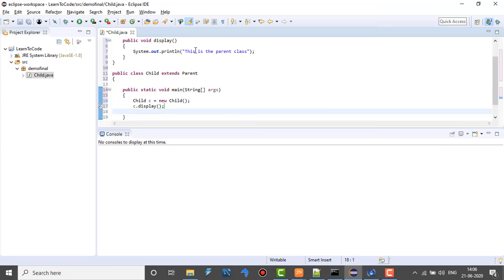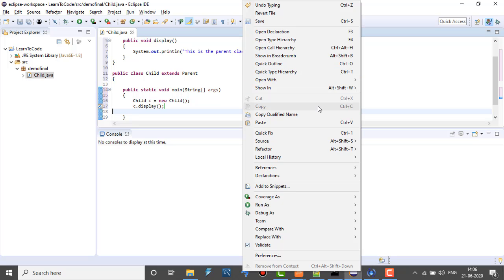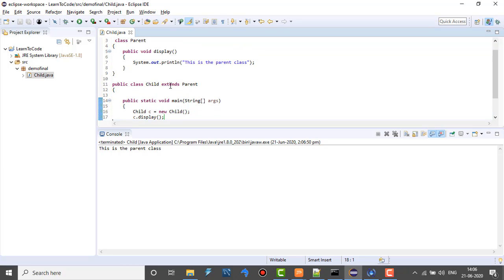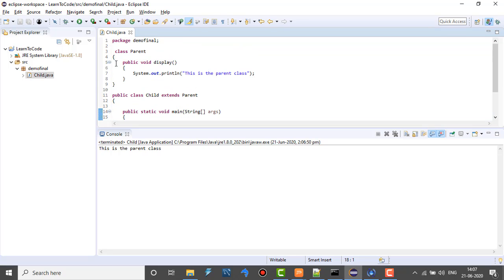So as per the logic of this code, as soon as I run this program, the child class will be able to access the method of the parent class, and the message "this is the parent class" should be displayed on the console. Let's see what happens. So this is the parent class. Okay, so here as you can see, the child class is successfully able to extend the parent class because it